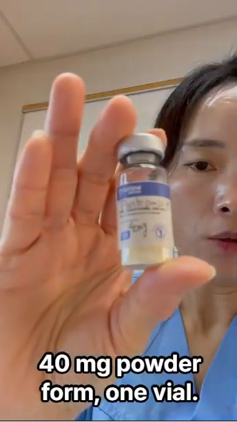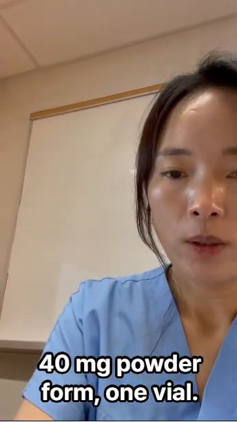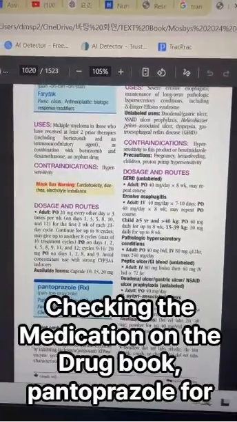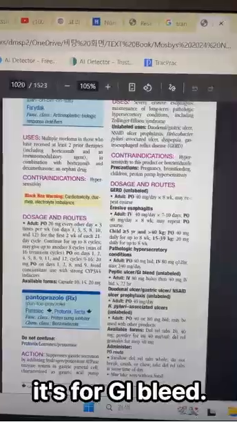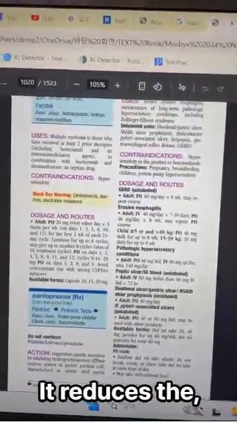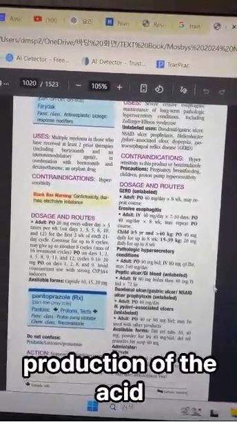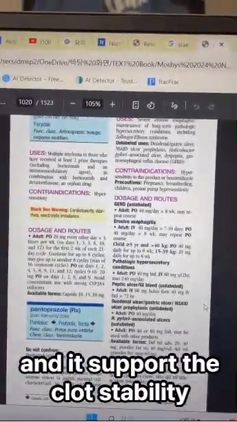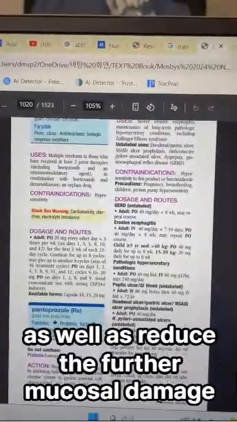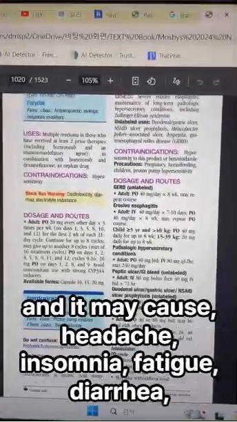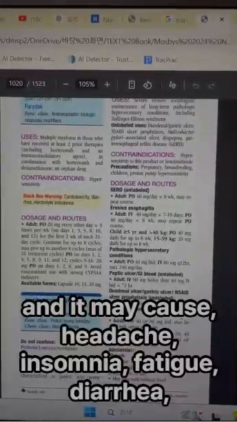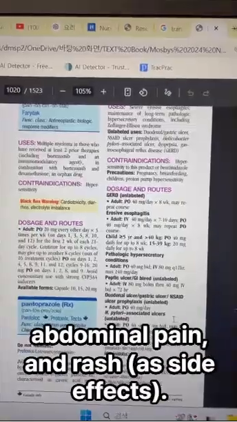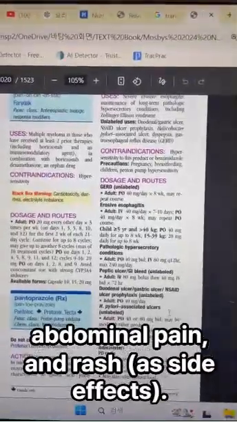40 milligram powder, 1 vial, and then sodium chloride 10 milliliters. Pantoprazole for my patient Singh is for GI bleed. It reduces the production of acid in the stomach, supports clot stability, and reduces further mucosal damage,